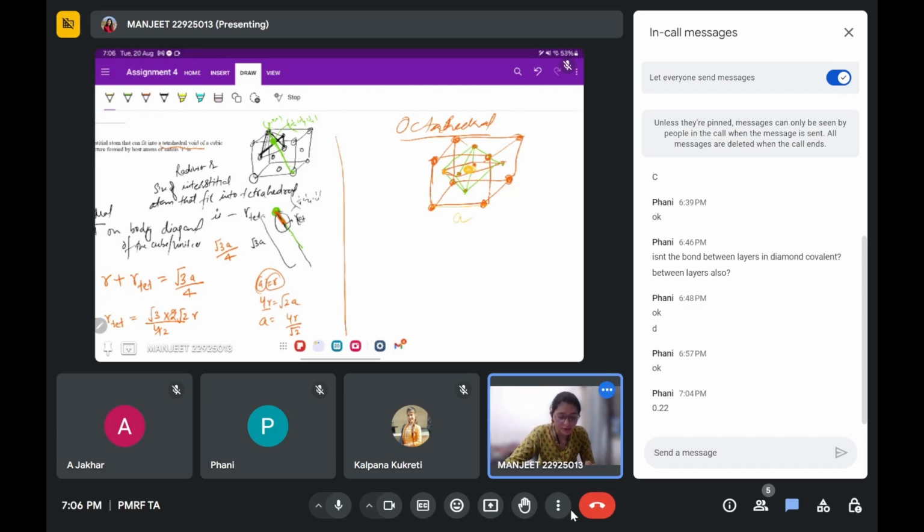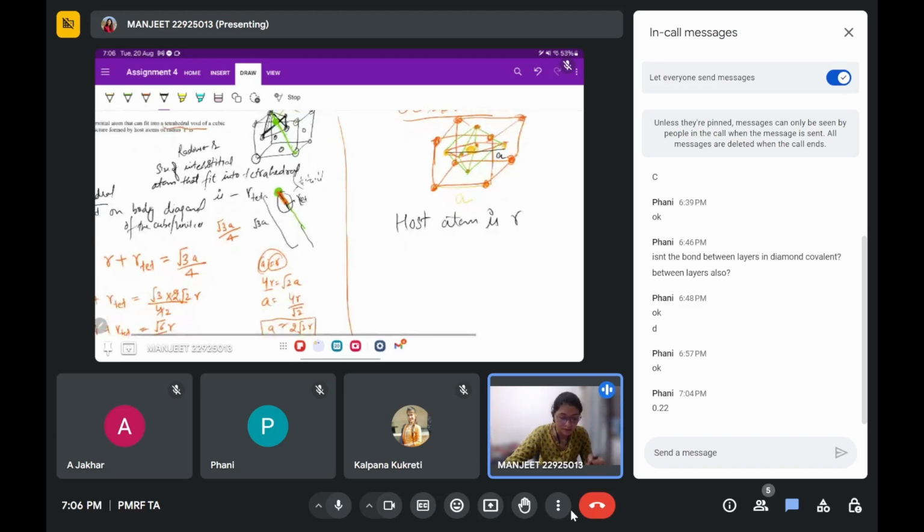Because this is at the center of phase one. This is at the center of the face. This is also at the same. So it will be the same distance. This distance will be the same distance A. So if I'm considering the host atom radius R